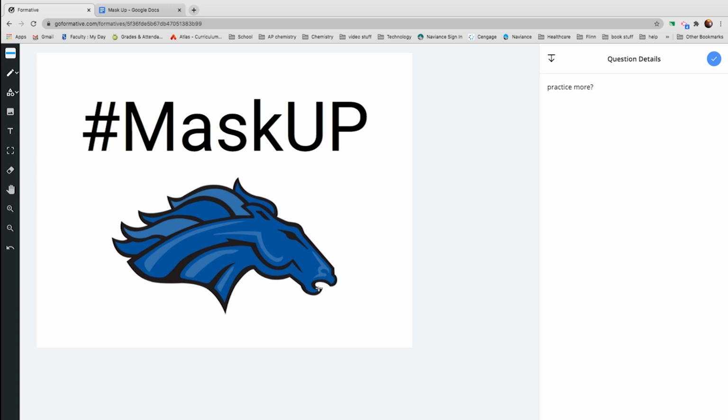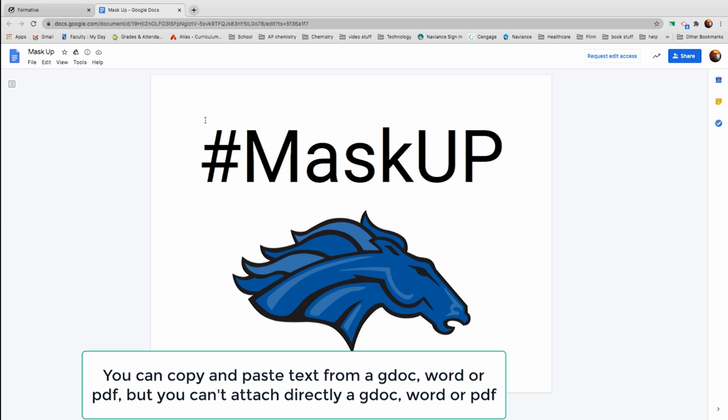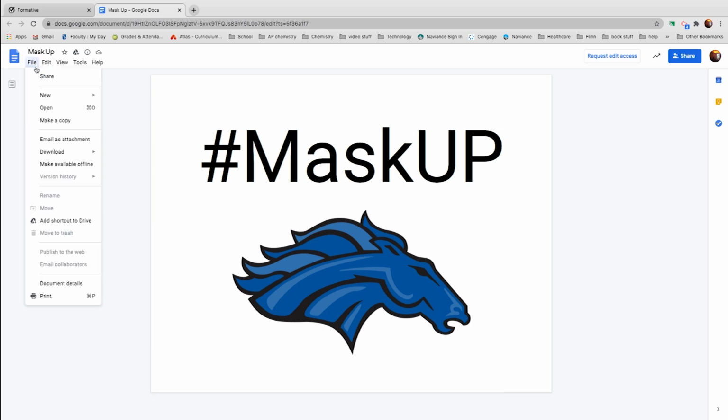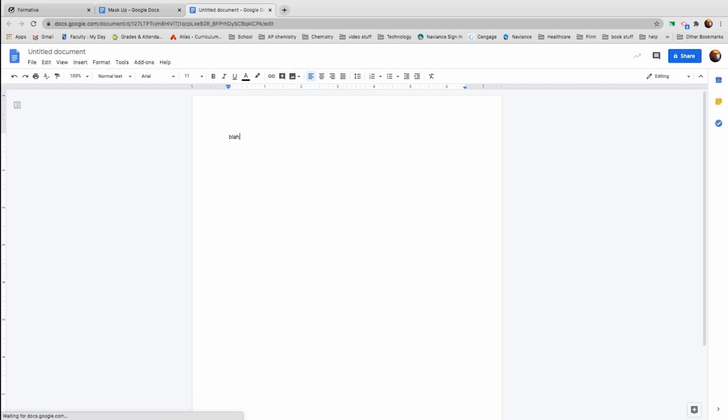Whenever you have a Google Doc or a Word doc or whatever else, you can actually copy the text itself and then paste it in here into a text box. See that text box right here? If I had typed in a bunch of stuff, let's just make a new document right here, new document, and I went, blah blah blah blah blah blah blah, right, then what I could do is go